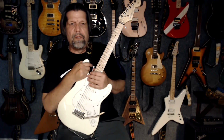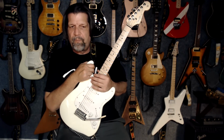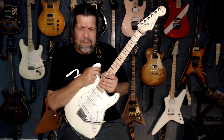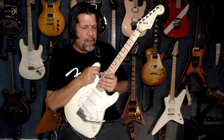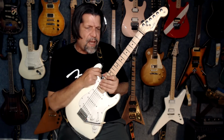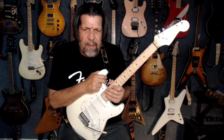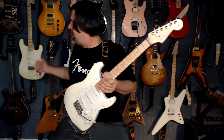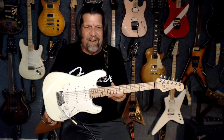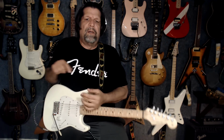Now, a little comment about changing out the logos. Here's the deal with that. I own this guitar. I'm not going to resell it. I was not hesitant at all about swapping out the decal and doing it because this is mine, right? And this was always meant to be the baby version of that guitar, right? Okay, and I wanted this look right here. I wanted that look. Okay, so that was done, and